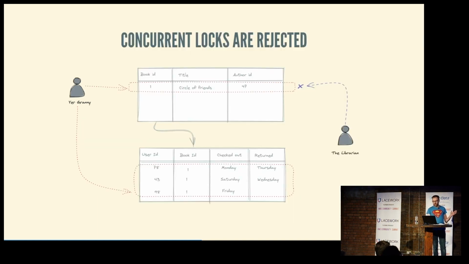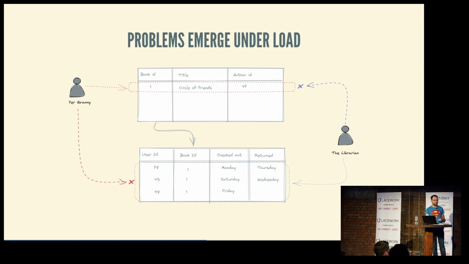So your granny could lock that book she was looking at, and then when the librarian comes to change that book, they're going to get their request rejected. If you've got lots of grannies, though, not you personally, but if we collectively have lots of grannies all looking at bits of the catalogue, no one's going to be able to change anything,